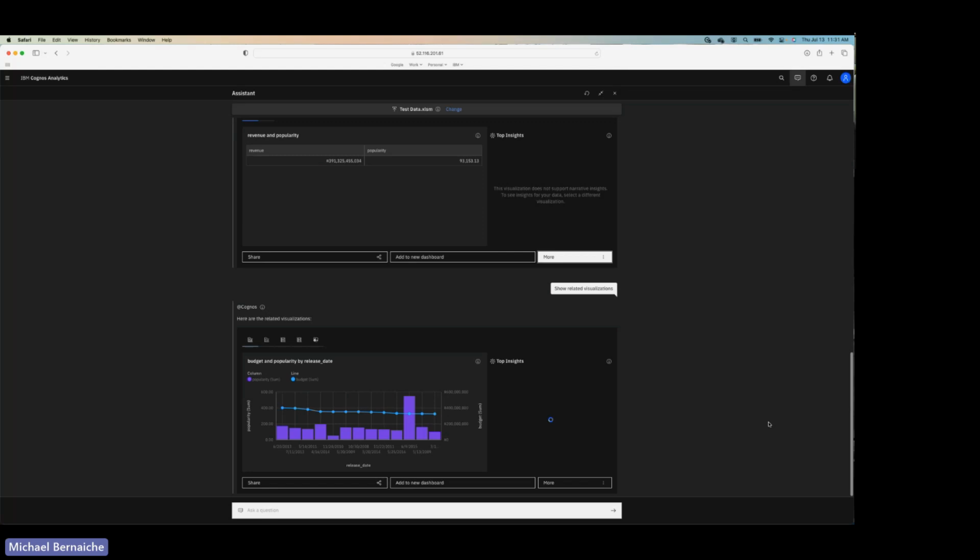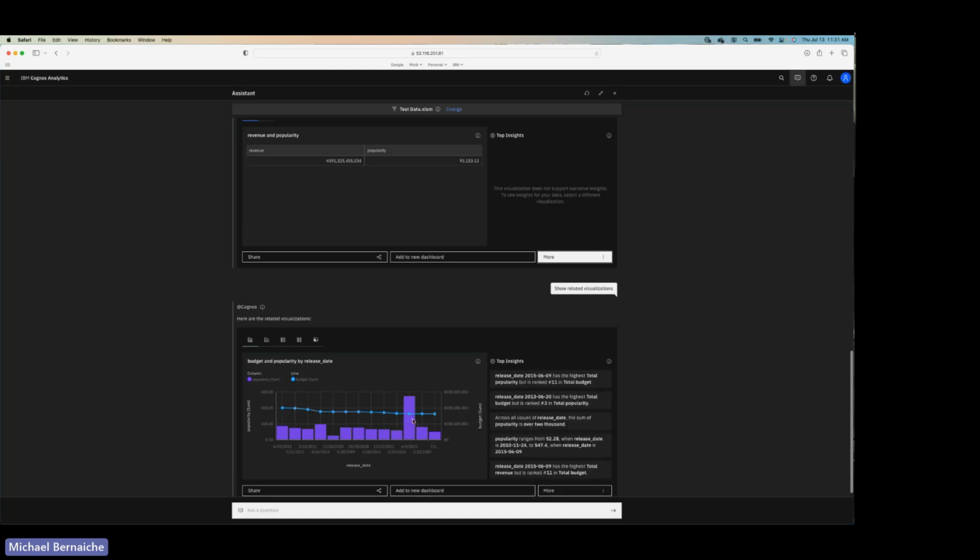Oh, well, we're getting better, right? Now we've got a much better looking chart. I've got some dates. I've got a column for popularity and a budget. So we can see that we've got some information here. And then the system's going to say, okay, let's give you some more information. So the release date of this has the highest total budget, but is ranked third in total popularity. So it starts to prompt you and ask you to look at things and do different things, which is just